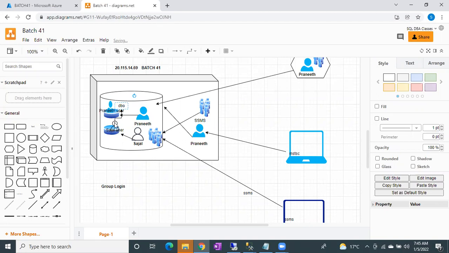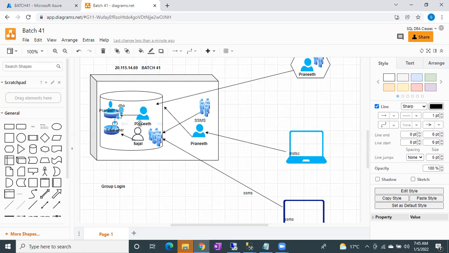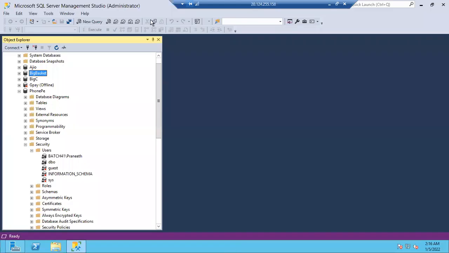How to check orphan users, what the impact of orphan users is, and how to fix them, we'll discuss in the migration concept. As of now, just remember the word orphan and in what case it will be generated. So the main thumb rule is whenever I give access to any database, a user will be created in that particular database, and only then can that login access that database. Fine, right? Anyone having any issues here, please let me know, guys. It is clear, right? This point is clear. Okay, done.